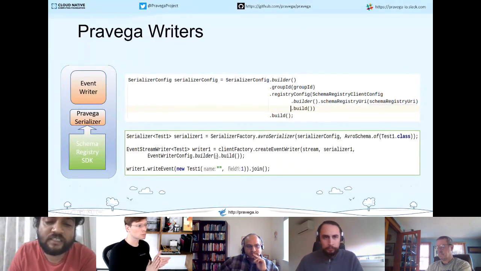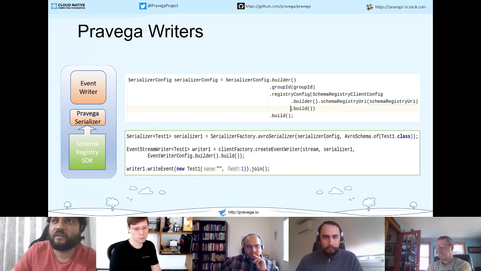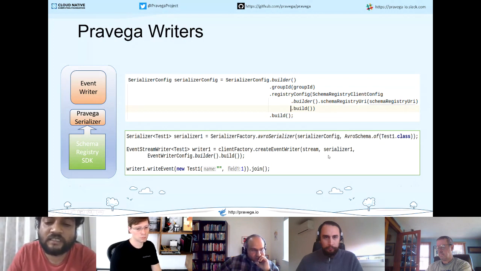So when you instantiate a Pravega writer, you instantiate it with a particular serializer that this writer library then makes use of to receive each of your data and pass it to the serializer, which would serialize it and give the raw bytes to the Pravega client library, and the Pravega client library then transmits these raw bytes over to the Pravega data broker segment store, right? So this is where we actually inject our schema registry.